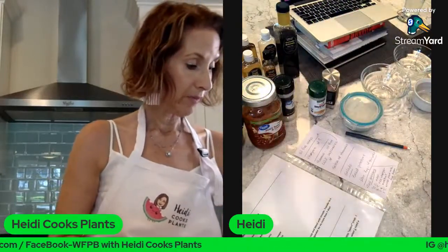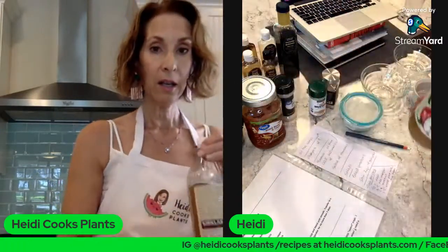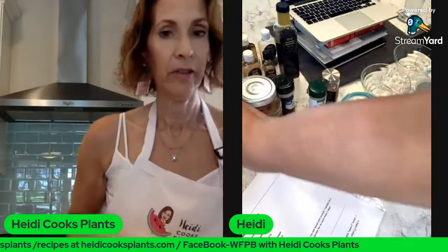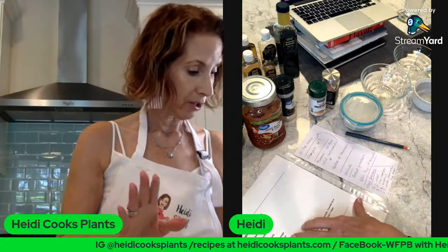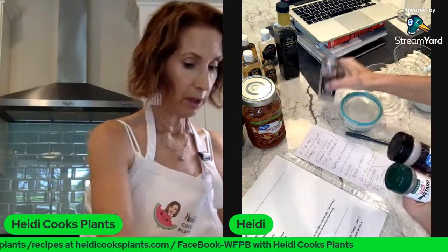So we use a cup of that, and then I put in 1/3 of a cup of water, and then I use a tablespoon of apple cider vinegar. Everybody should have apple cider vinegar in their house. It's a pretty common thing to have. I use a tablespoon of fresh lemon juice. I didn't pull a lemon out of here, but just squeeze about a tablespoon out of a lemon. You definitely want fresh. And then the seasonings I use are,